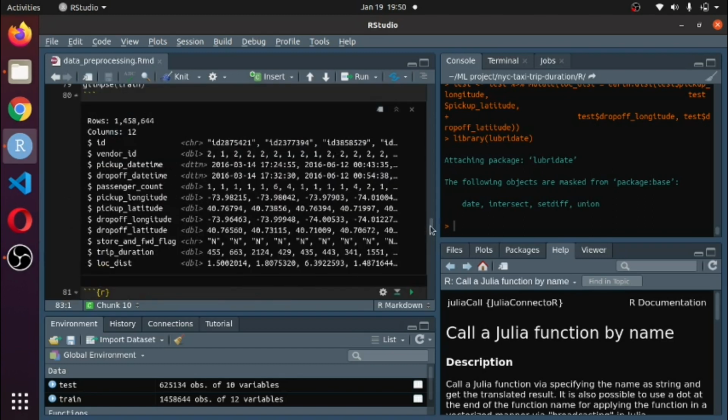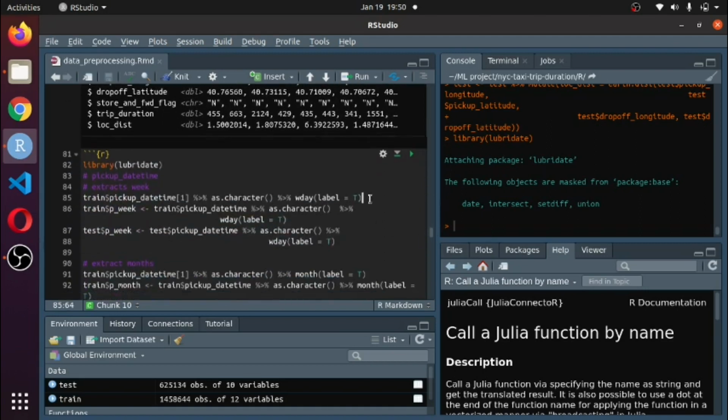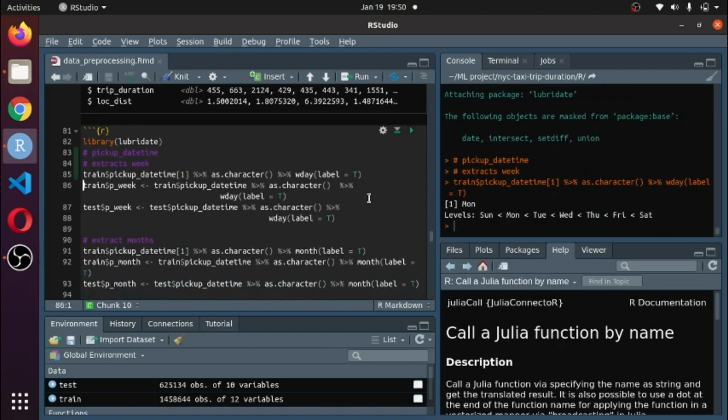So this is the pickup datetime, and I am extracting the week of the first element. If I run this, as you observe on the right, this is Monday. Likewise I extract the week for every row, for the training dataset also,